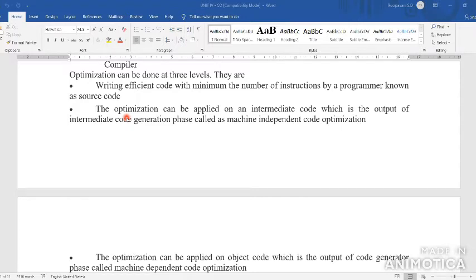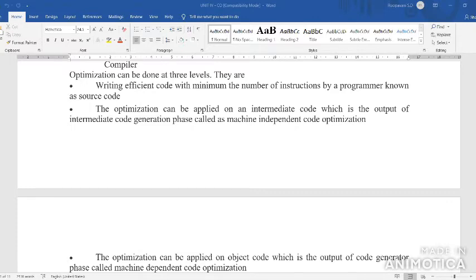The next is the object code, the output of the code generator, called machine dependent optimization.